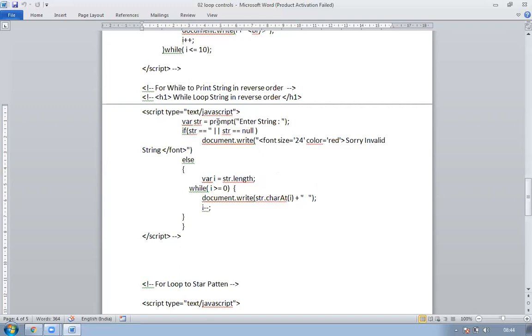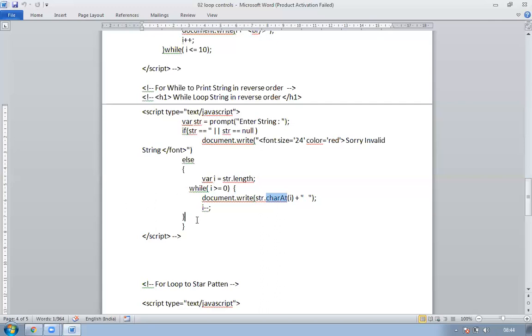In short, today we have to use three basic properties. This was prompt, which was told to you earlier. Then document.write is also known by you; that is for display purposes. Prompt is to accept user input. This is a new thing, which is string.length. It indicates how many characters there were. And next, this is charAt, a special string function. It gives the character at the ith location. And what is the ith location? That is up to the maximum length. So if I enter a three-letter word, then it works on that basis.